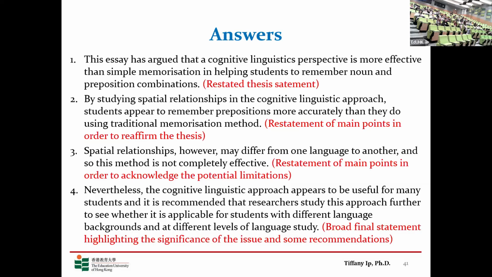And hopefully with these samples, you will see that the structure is rather standardized. That's one. The second is that the introduction and conclusion are never a one-line summary. We need to give sufficient information to our readers. And somehow the stance is always repeated, but we need to repeat it in strategic ways so that it doesn't sound repetitive. That's why you need to broaden your vocabulary and use different connecting words to signal the information.